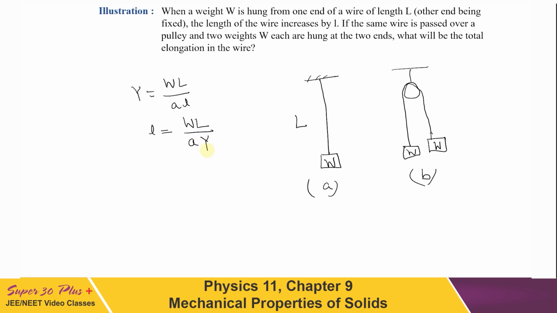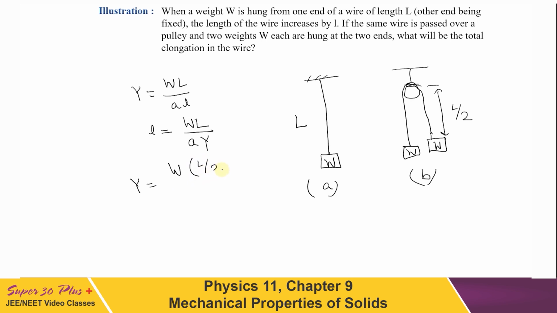In the other case, we can treat either segment as of length L by 2, because these are equal weights, so of course it has to be symmetric in position. If we consider this length as L by 2, we can think of one end as fixed while the other end is attached to the load W, because the point in contact with the pulley will remain stationary. So we can consider this end being fixed. Now this time, if the change in length is L dashed, then we can write Y to be equal to W into L by 2